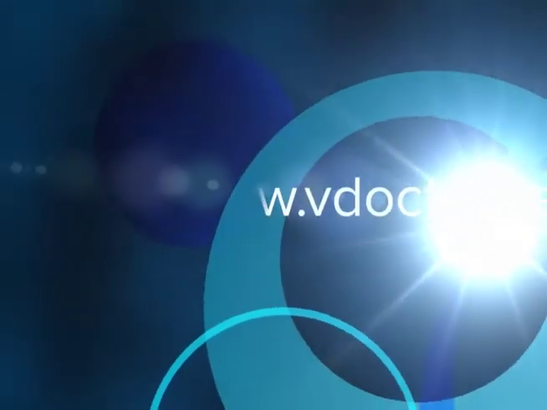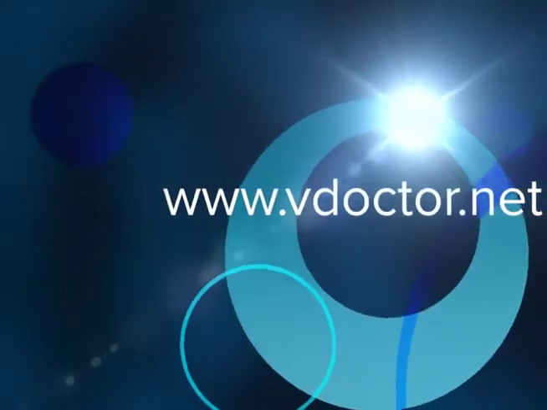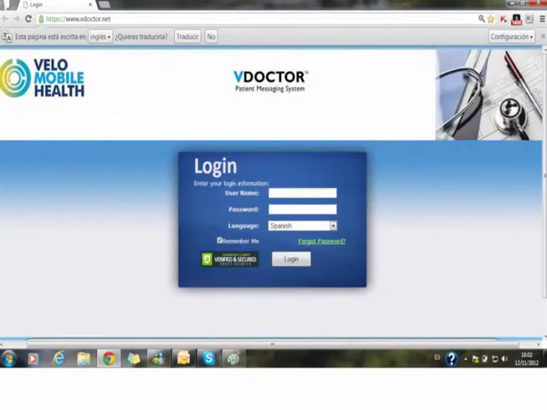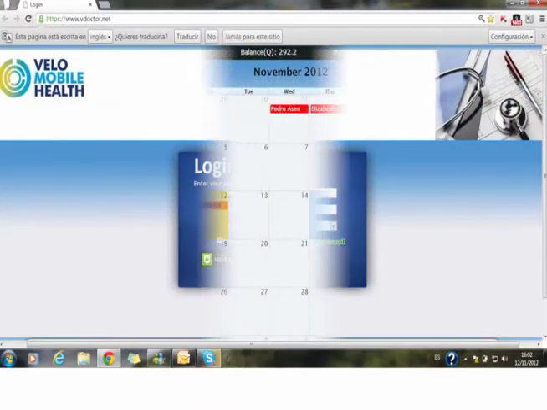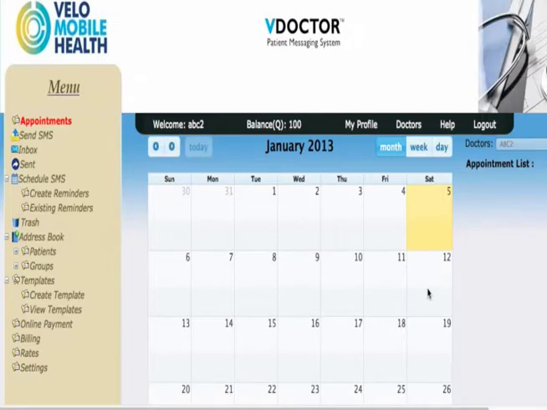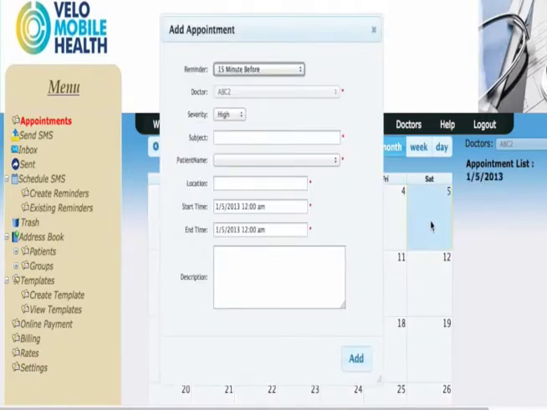First, access the system by going into the following page and enter your code and password to access the system. Once we enter the system, it will show our calendar and our programmed appointments and self-programmed appointments. To program an appointment, click on the day you choose. This will show a window where you will enter the required data.